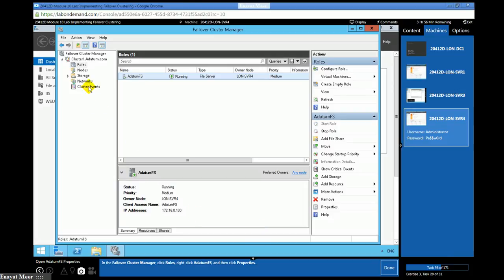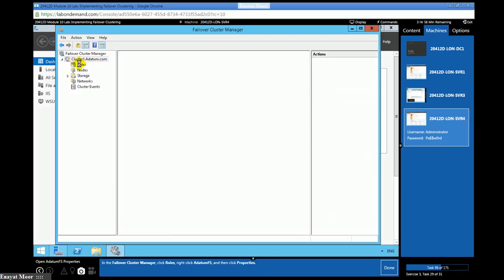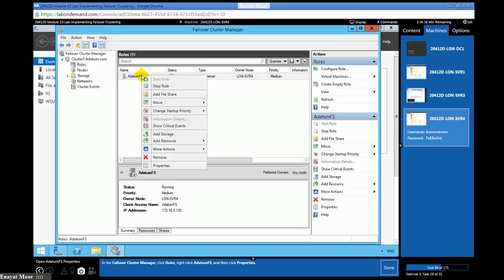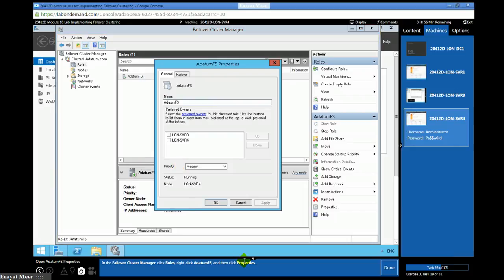Okay, now look at the ADATUM FS properties. And you see the failback option.